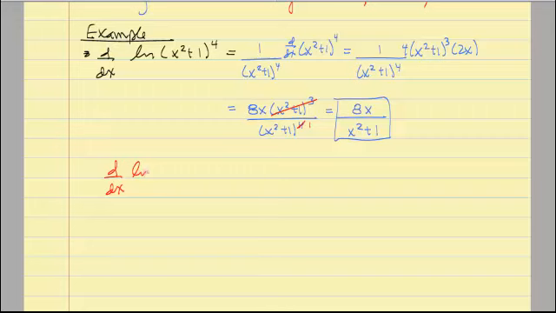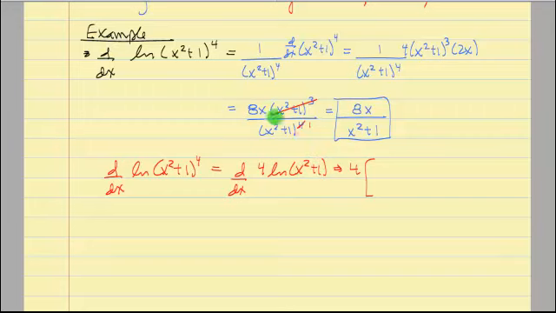So same problem, different approach. Let's simplify this first: the natural log of x squared plus 1, to the 4th. So we want to not take the derivative, but simplify. The way I'm going to simplify this is by bringing the 4 out front, using my rules, and then taking the derivative. So drag the 4 along, it's just a constant, and the derivative of the natural log of u